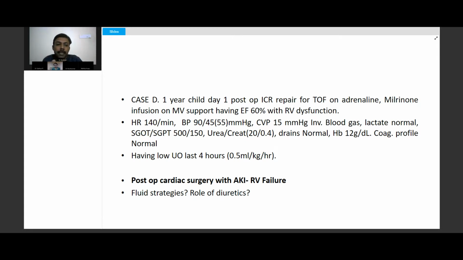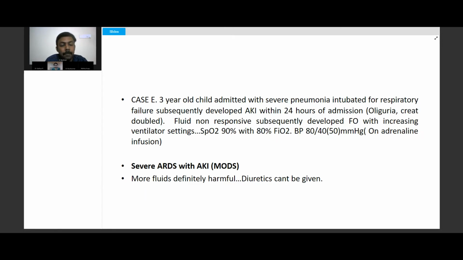Otherwise, it's like taking the blood from the right side to the left side. That's what we commonly say. Do something to take the blood from the right heart to the left heart by giving some fluids, managing with inotropy, some afterload reduction, and then maintaining the renal perfusion pressure. That's the goal of management. So giving some fluids, but at the same time, caution.